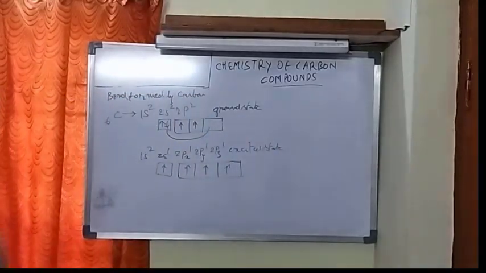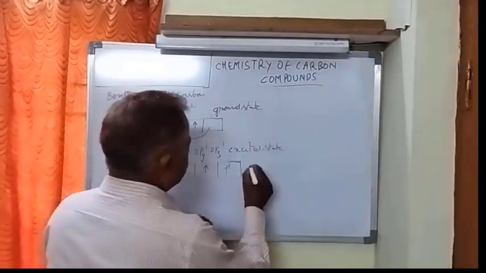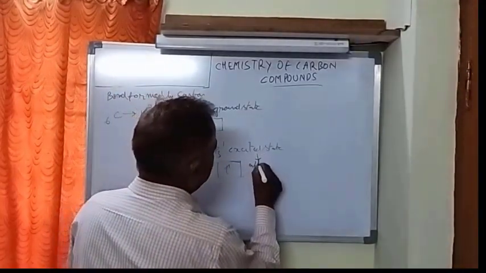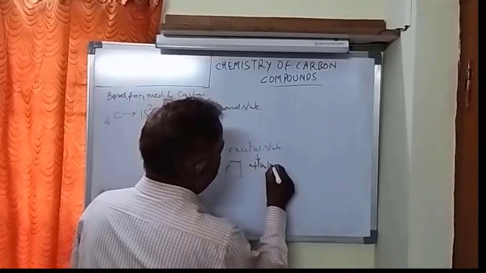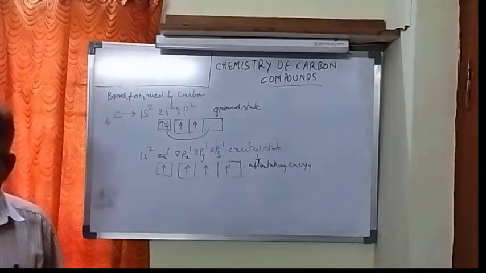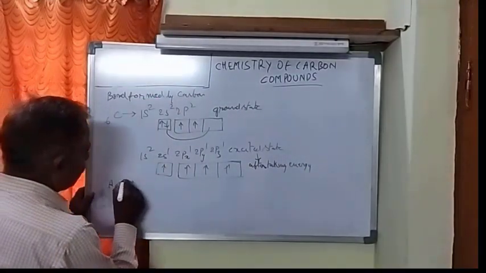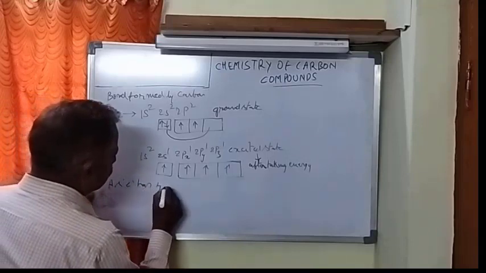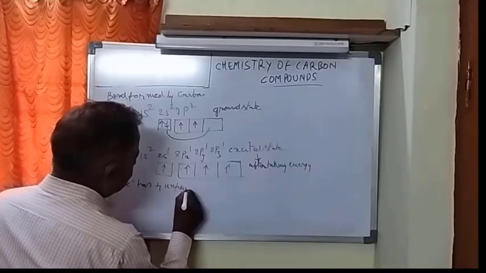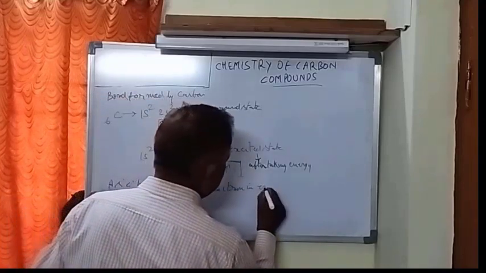Excited state means after taking energy. As carbon has 4 unpaired electrons in the excited state, it can form